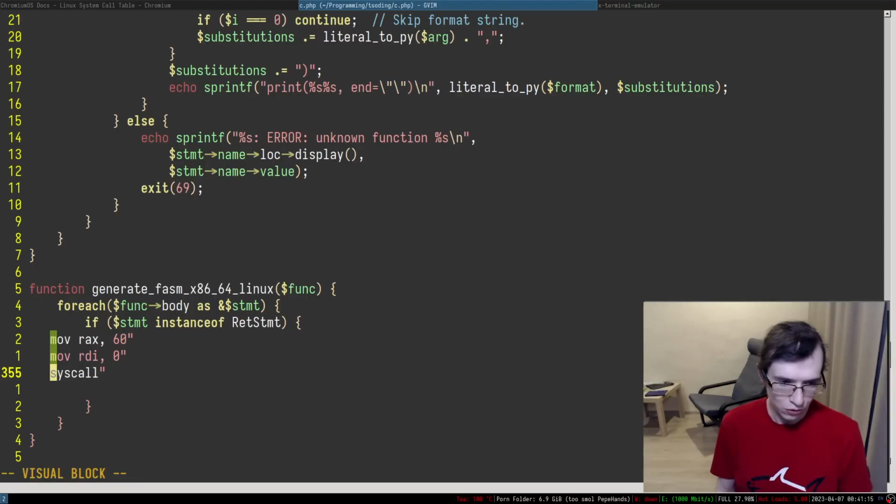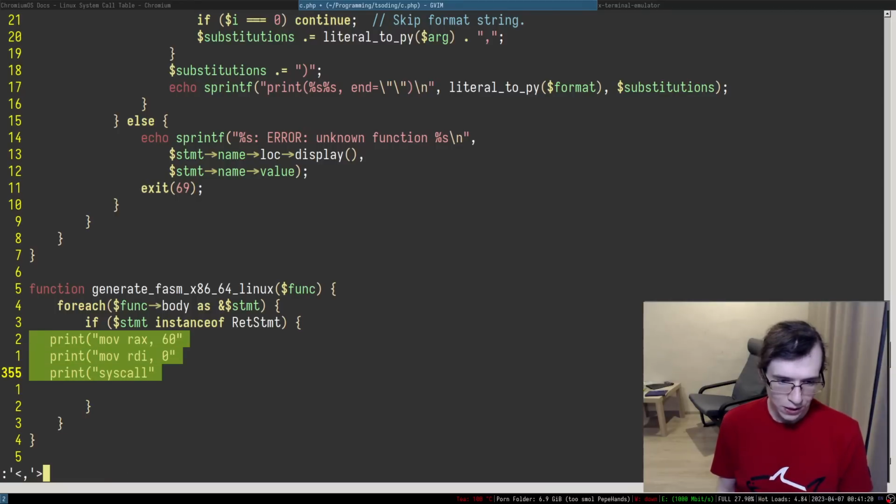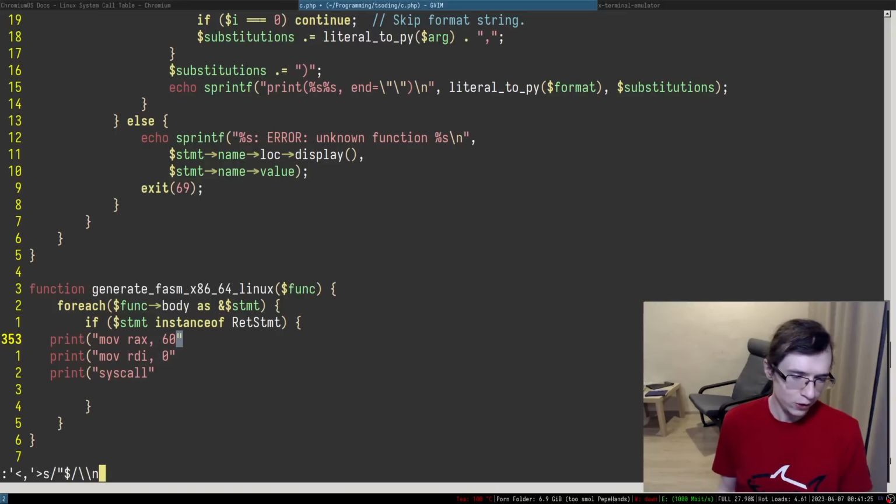Yeah, so that makes it super easy to do something like this, and then I can do print like so, and maybe somewhere at the end in here I can say \n, yeah, like so. I replaced this entire thing. No Vim magic today, unfortunately.